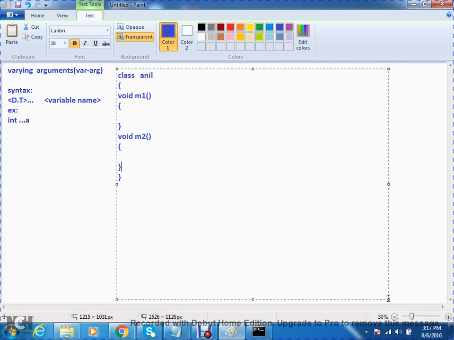How to call the m1 method? I want to call the m1 method within m2. m1 of nothing. Yes, correct, we need an object. Anil a equals new Anil, then a.m1. In other ways also we can call, but I recommend you to always use an object. Later on, let us understand why.